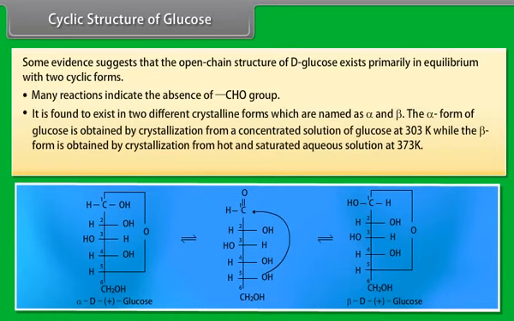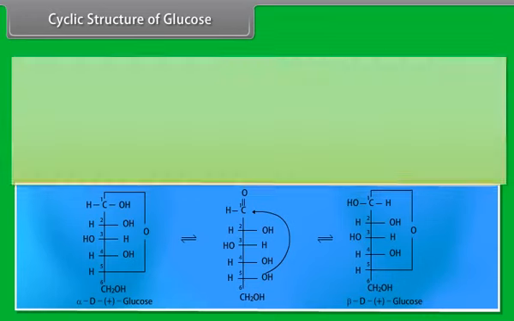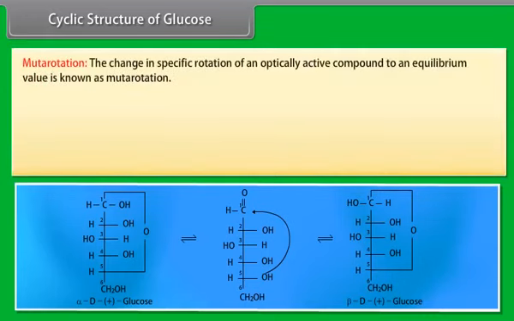With a strong oxidizing agent, glucose is oxidized to glucaric acid. On reduction with sodium amalgam, glucose is reduced to sorbitol, a hexahydric alcohol. When glucose is treated with a dilute solution of an alkali, it undergoes reversible isomerization to form an equilibrium mixture of D-glucose, D-mannose and D-fructose.